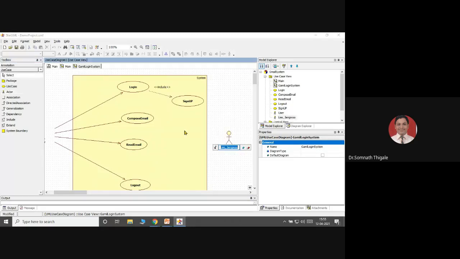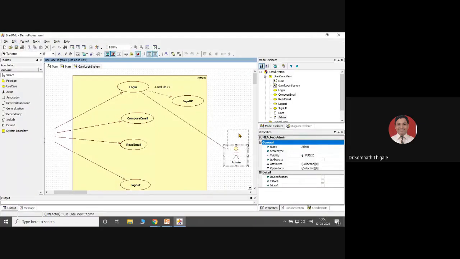Just for our understanding purpose, who is the admin or the owner of this? So I'm calling it an admin, who will be responsible for maintaining the entire system. This I will consider as a simple directed association labeled to perform the entire operations. Any doubt regarding whatever parts I have shown so far? If not, we'll go for the next diagram.